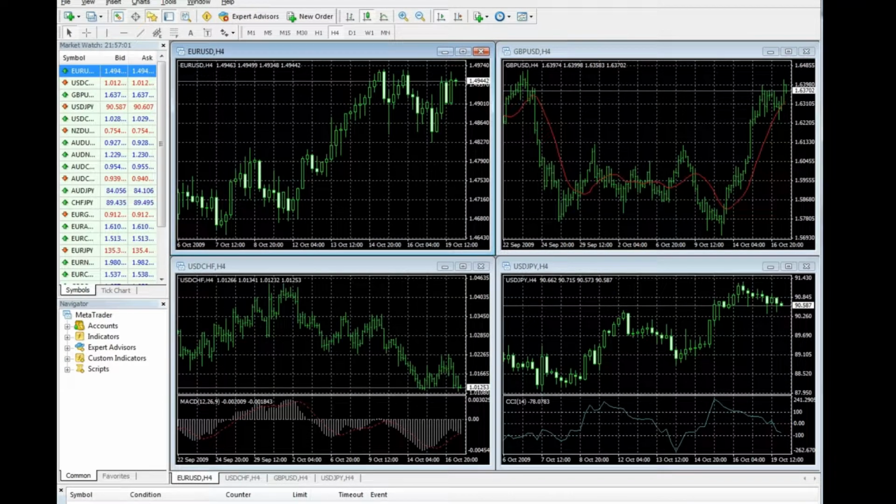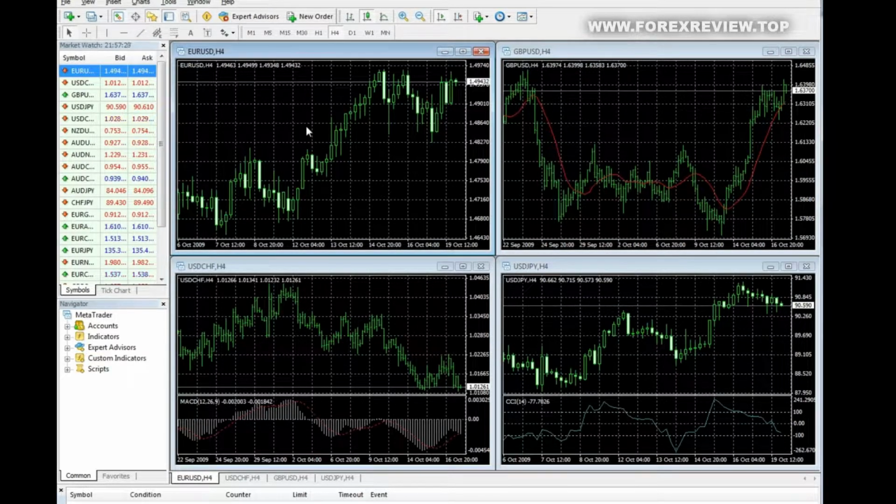Hello and welcome to the MetaTrader Quick Start module. In this module, we're going to show you how to get up and running with some customized screens so that you can begin to explore the different currency pairs at your leisure. So with that in mind, the very first thing you're going to do is,